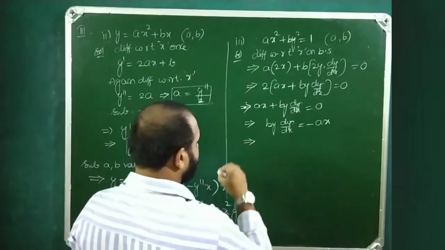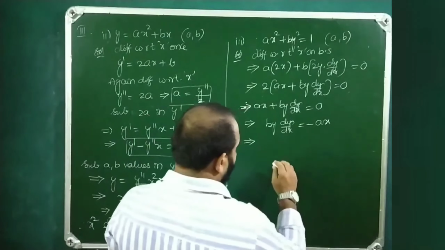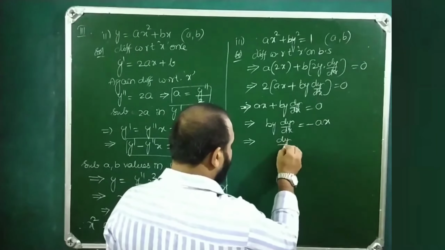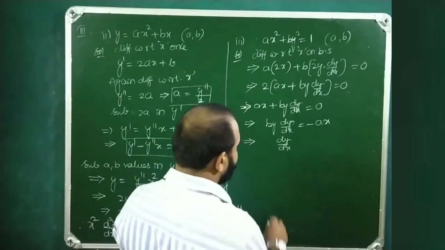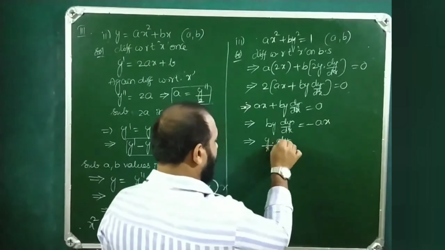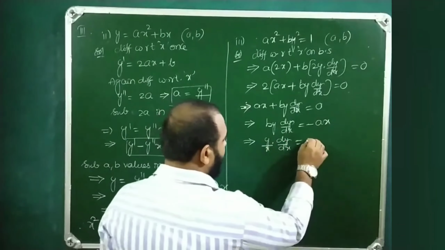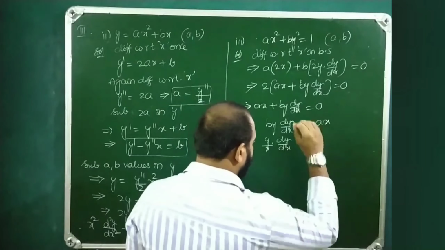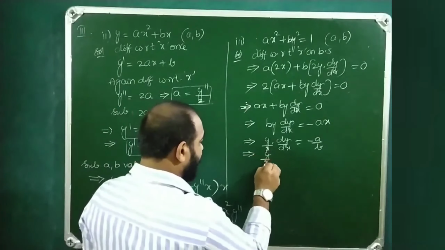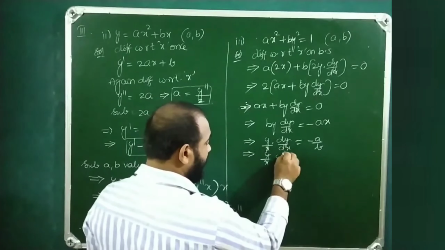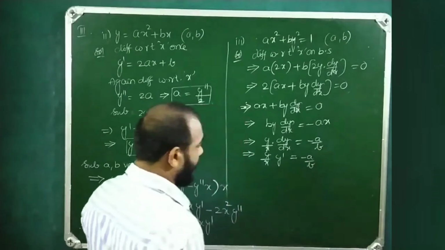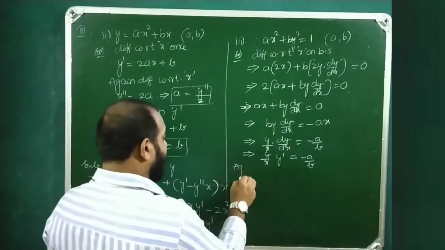So from this, (y/x) dy/dx is equal to minus a/b. So let us suppose this to be (y/x) into dy/dx, which is y', is equal to minus a/b. Again differentiating,